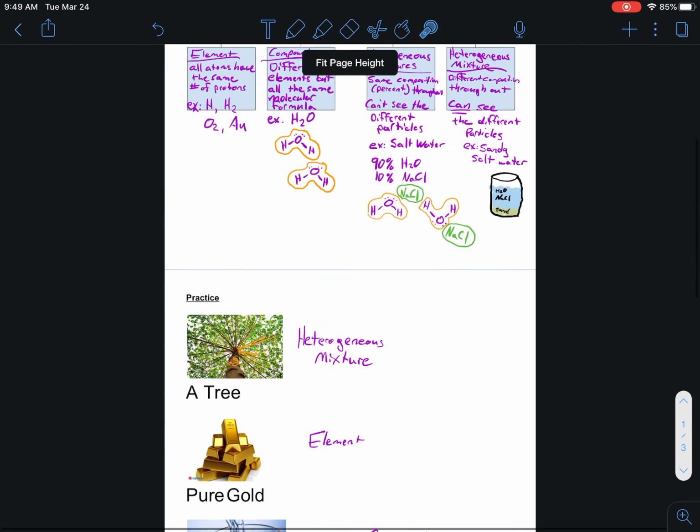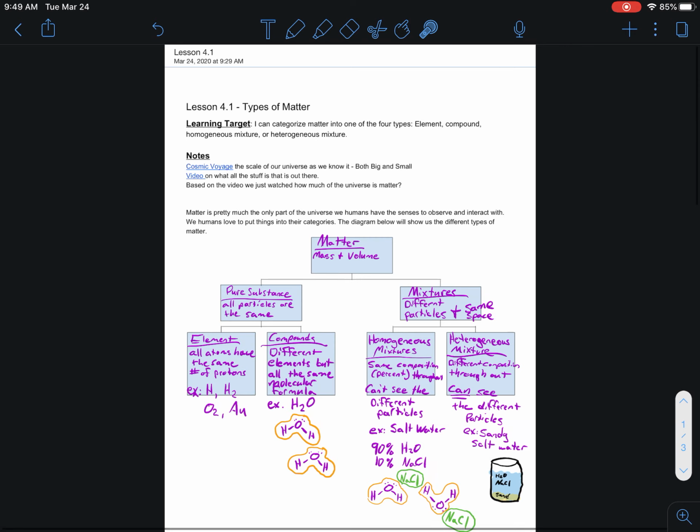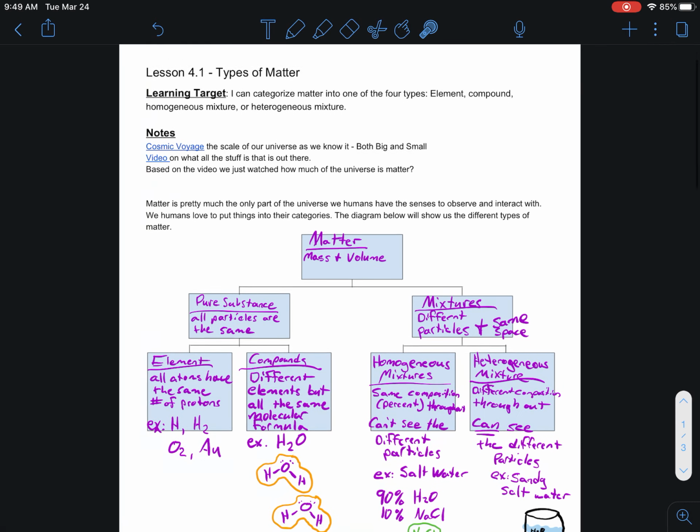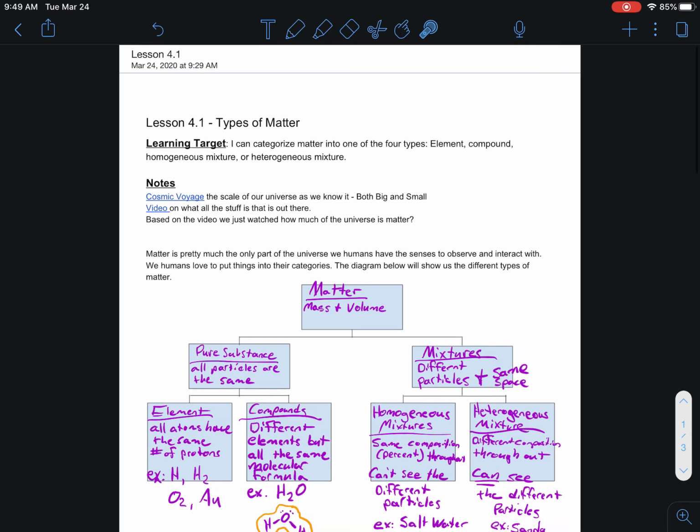That is all I have for you today. Consult the plan. I've got 2 options for you. You can make your own Quizlet or flashcards for elements, compounds, homogeneous mixtures, and heterogeneous mixtures. Or you can take a Google quiz, but you're doing something to practice with this material. Nothing is graded while we're out of school, but I'd love to see that you're engaging and practicing, because we will not have time to relearn this, even if school goes back in